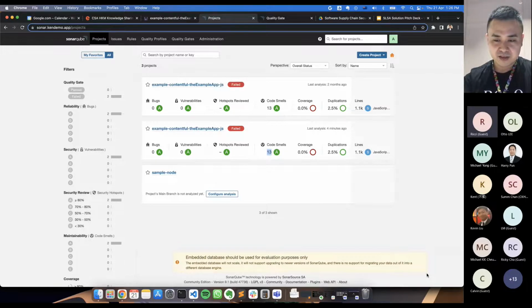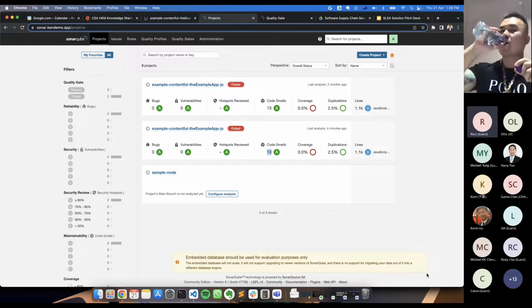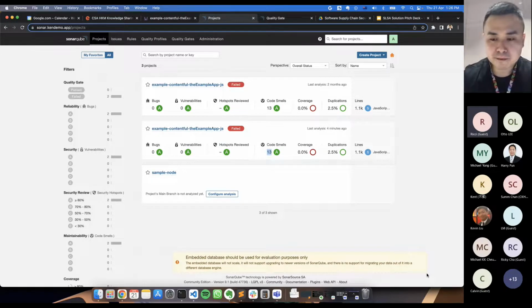I saw one question from Joseph in the chat. His question is, I think it's a bit short here, but I think what he mentioned is any subject on Jenkins X. I'm not understanding whether that's fully connected with your subject. So I guess maybe his question is about whether this demo or this SLSA solution can work with Jenkins X